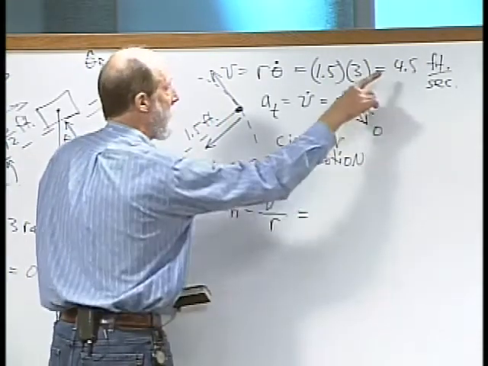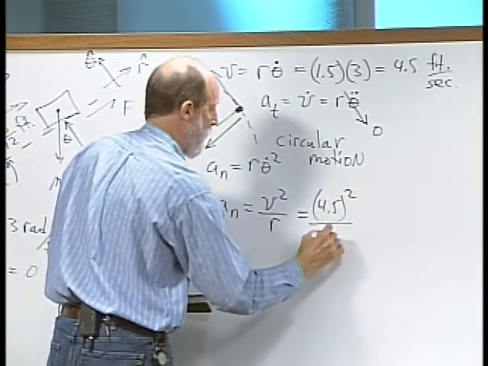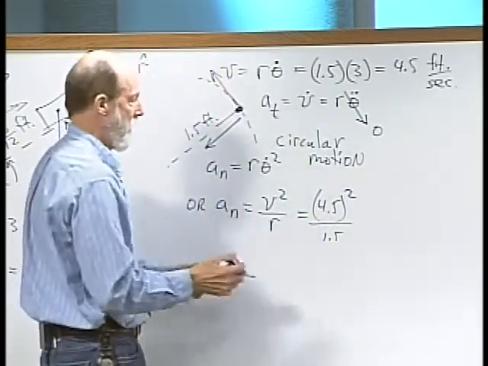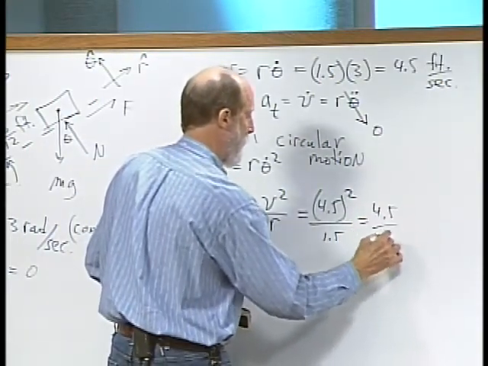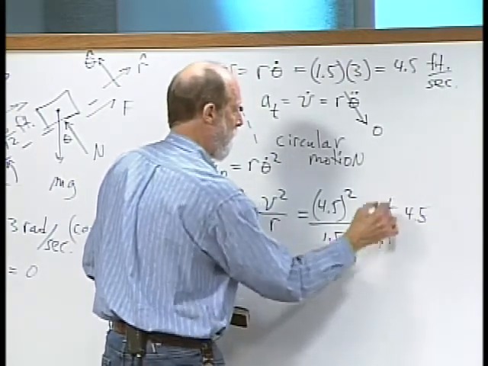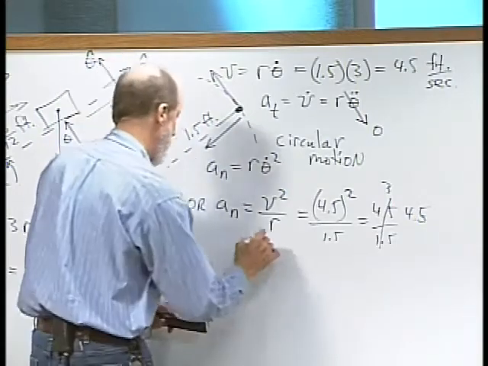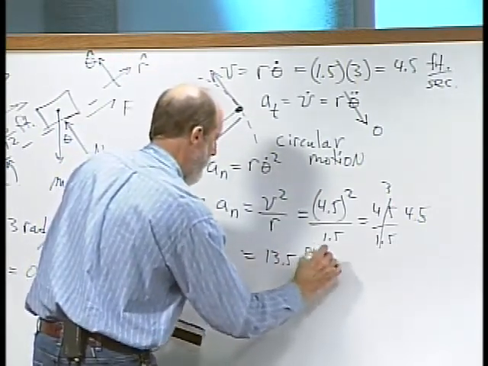So we have 4.5 squared over 1.5. The way I'd probably do that without my calculator is think of 4.5 over 1.5 times another 4.5. I know this is 3, so I end up with 13 and a half. 13.5 feet per second squared